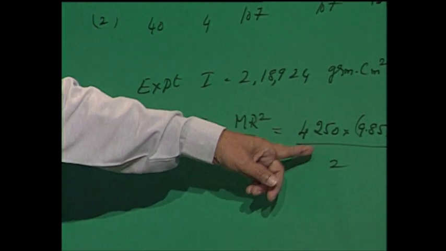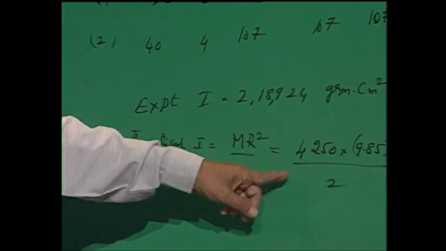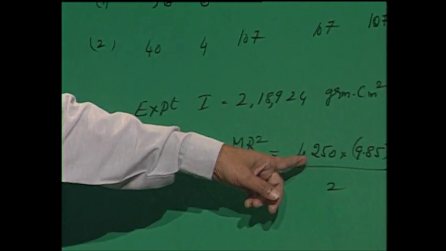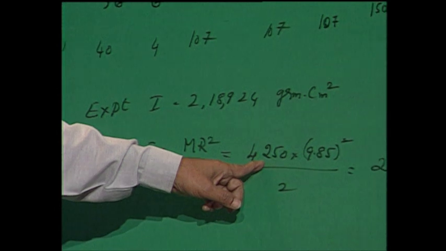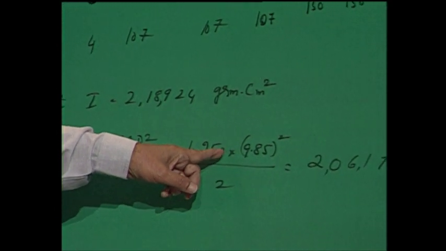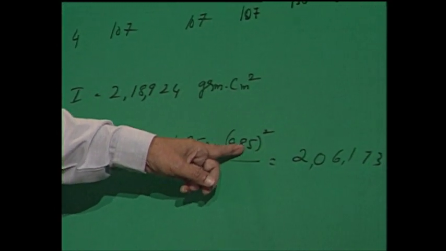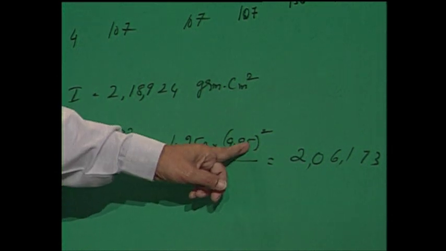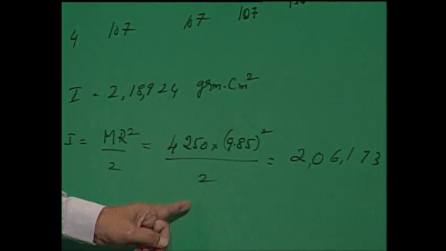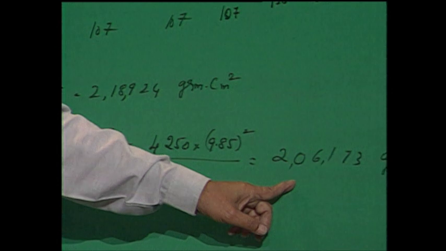After substituting the values, the mass of this flywheel being 4.25 kg, that is 4,250 grams, into the radius of the flywheel 9.85 square divided by 2, this works out to be